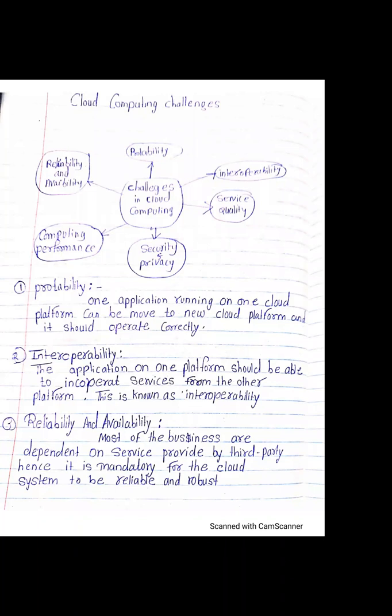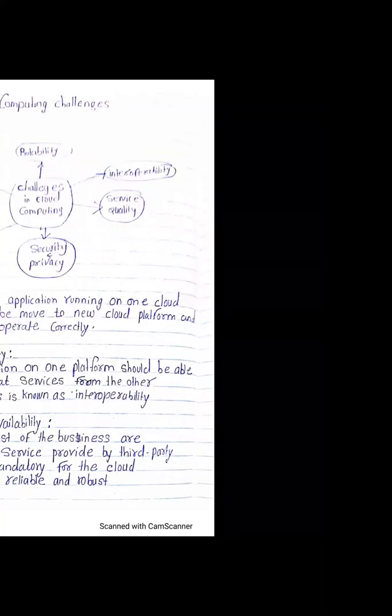मतलब अगर आपने एक बार डेटा स्टोर किया और आप रेंट पे कर रहे हो क्लाउड प्रोवाइडर को, तो ये सारी रिस्पॉन्सिबिलिटी क्लाउड प्रोवाइडर की है कि वो कैसे सेव करे, कैसे बैकअप रखे। मतलब फ्यूचर में अगर कुछ लॉस भी हो जाता है तो वो आपको उसे अवेलेबल करके देगा। ओके, दिस इज़ रिलायबिलिटी। एंड व्हाट अबाउट अवेलेबिलिटी? इट सिंपली मीन्स क्लाउड कंप्यूटिंग की जो भी सर्विस है, जो भी रिसोर्स है, लाइक मेमोरी या प्रोसेसिंग पावर, वो क्लाउड यूजर के लिए 24 आवर्स अवेलेबल होना चाहिए। मतलब अगर आपको आधी रात को अपना डेटा चेक करना है या कुछ डेवलप करना है, तो इट शुड बी अवेलेबल टू यू। ओके, आई होप कि आपको चैलेंज ऑफ क्लाउड कंप्यूटिंग समझ में आ रहे हैं।